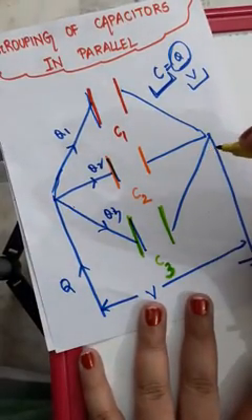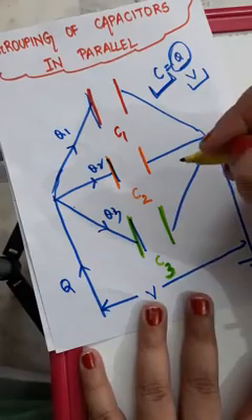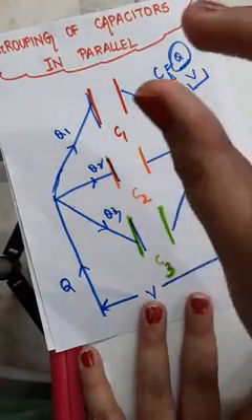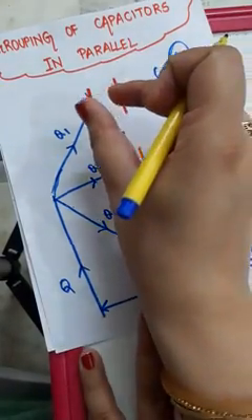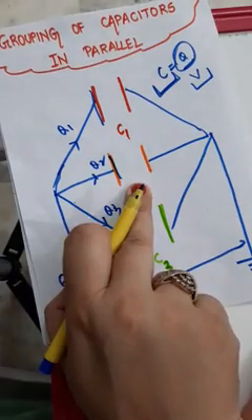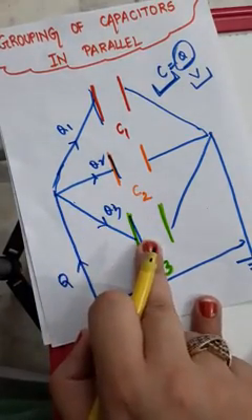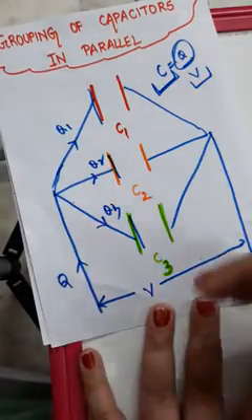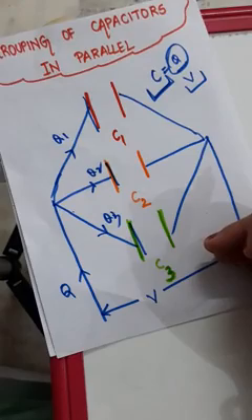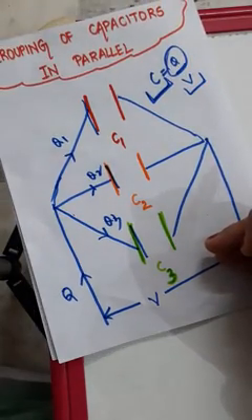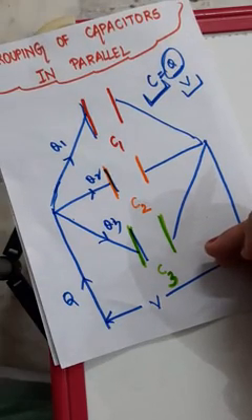Fine. Now what we will be doing, we will be finding out the equivalent capacitance. We know that this capacitor has a different charge storing ability, this capacitor has a different charge storing ability, and this capacitor has a different charge storing ability. But when these three are connected all together, how much total charge they will store, how capable they will become for storing the charge, we need to find out in this video.